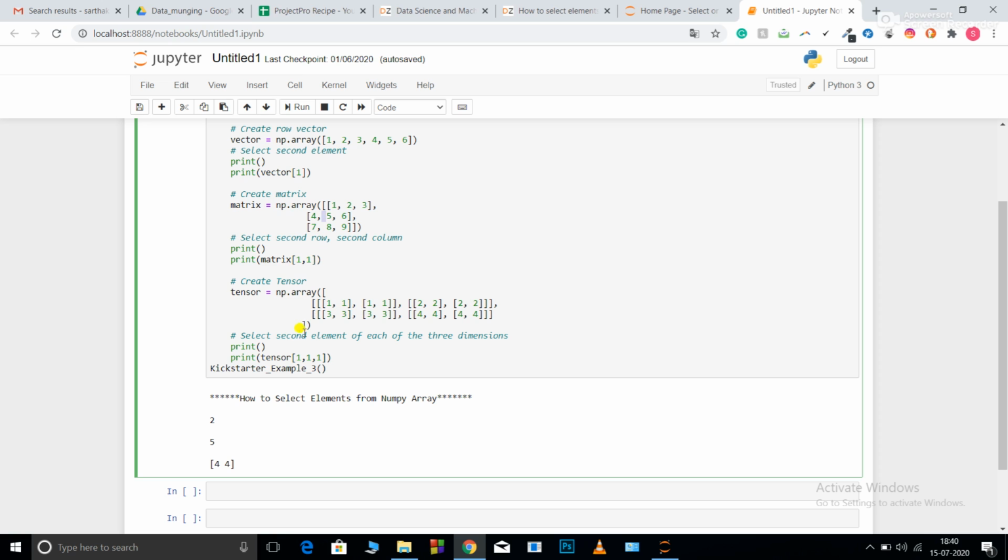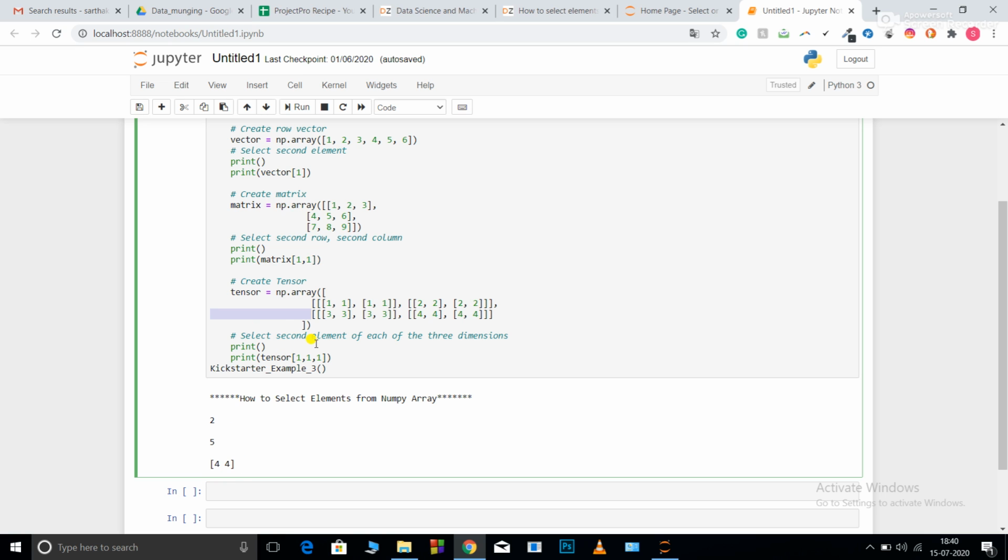Now for the tensor, this is the tensor that I have defined. It is a 3D tensor. Now if I write 1 1 1, this means go to the first row, first column, and then pick this. So 1 means this is 0 and this is 1, so it will go to this row.